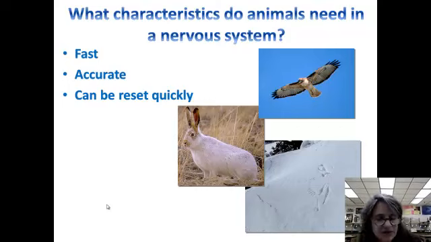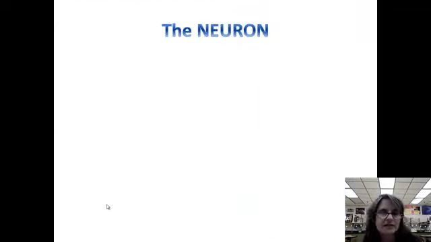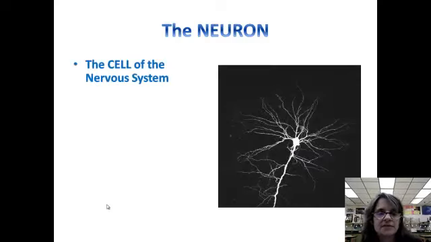Neurons fire signals very, very fast. We can set them up quickly. It's very accurate. So let's talk about this fundamental unit of the nervous system, the neuron, a nerve cell. It's just another word for a nerve cell. Okay,